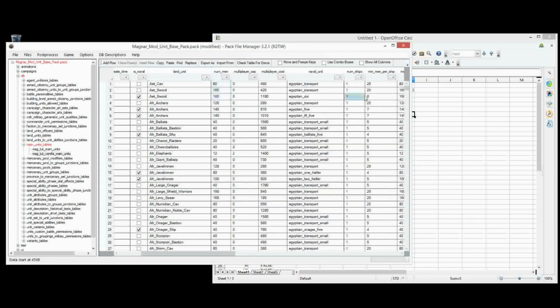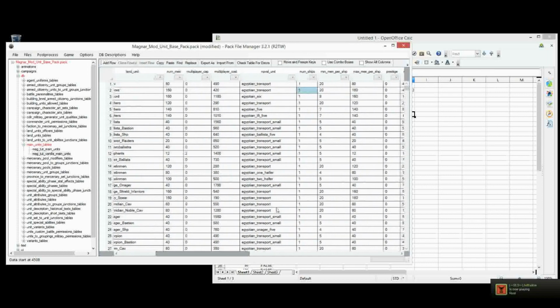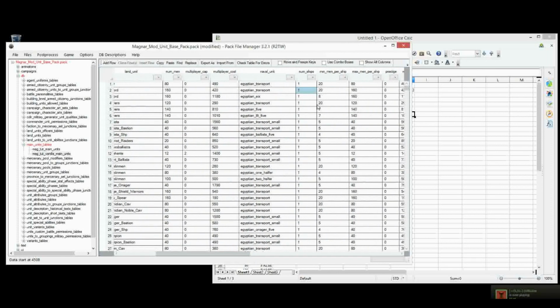What I'm going to do differently here is I want the naval units to only have 1 ship, because that makes them more maneuverable and better at sea. But if I double the unit sizes for them, then half of them will be stuck under the ground and it'll cause issues. Similarly with the land units, if I only give them 1 ship, then only half of the unit, if the unit is double sized, will be able to fit on that 1 ship, and the other half will be under the water somewhere. So to avoid that, I need to give all the land units 2 ships instead of 1,